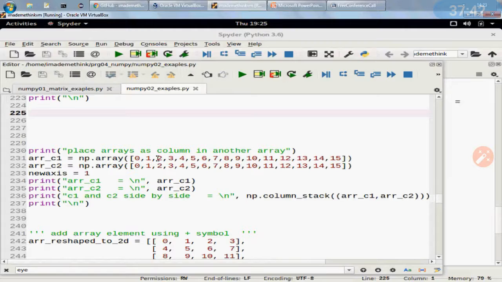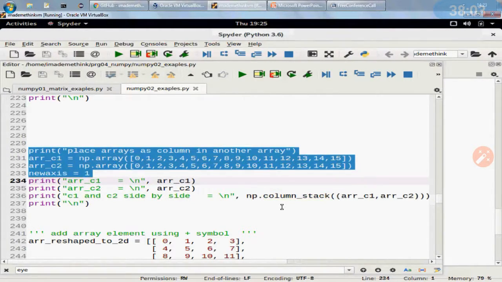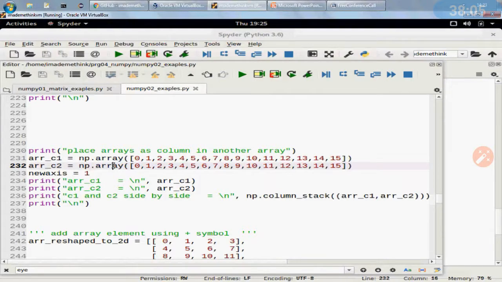Places arrays as a column in another array. So np.column_stack. So this is again a simple example where I'm doing it column by column. So let's just run this first. So again, this is a 1D array, this is a 1D array, and then I want to have an array which is a stack of two 1D arrays but as a column. So now when I run this code,